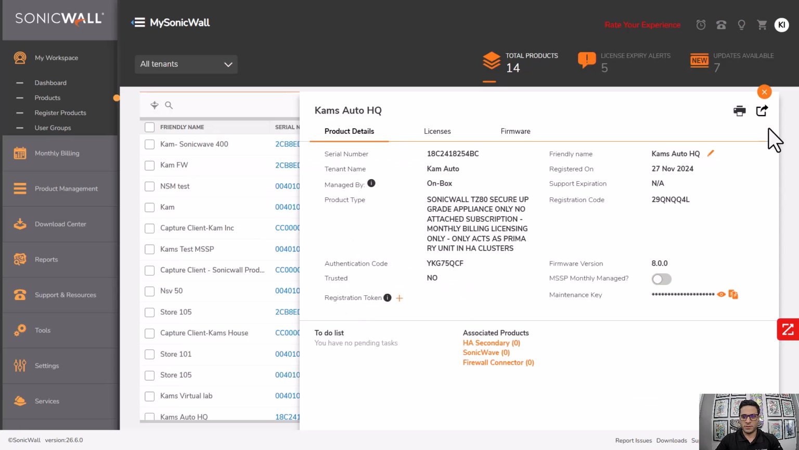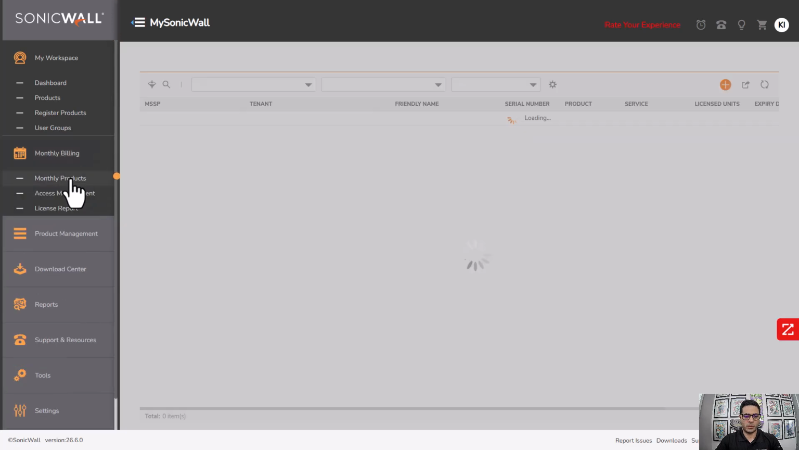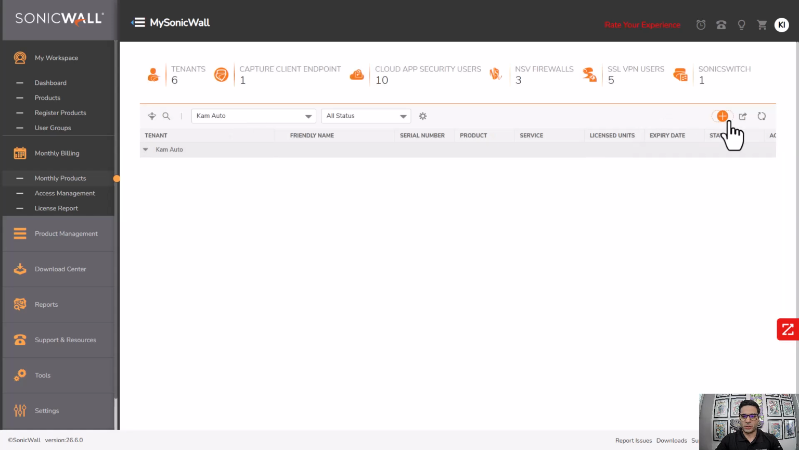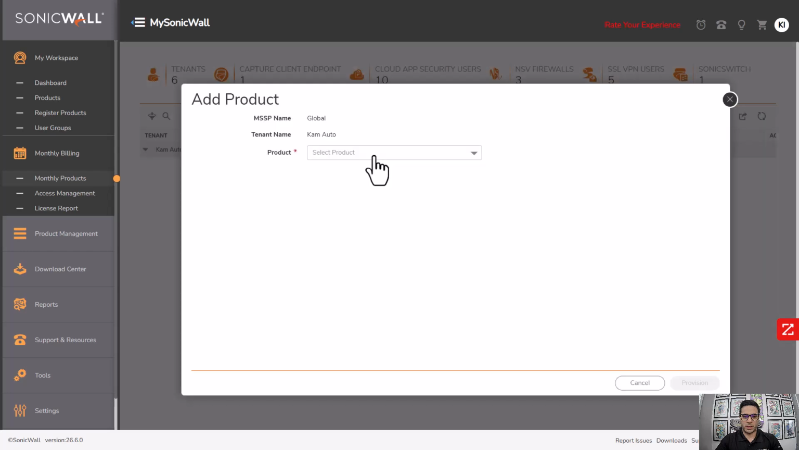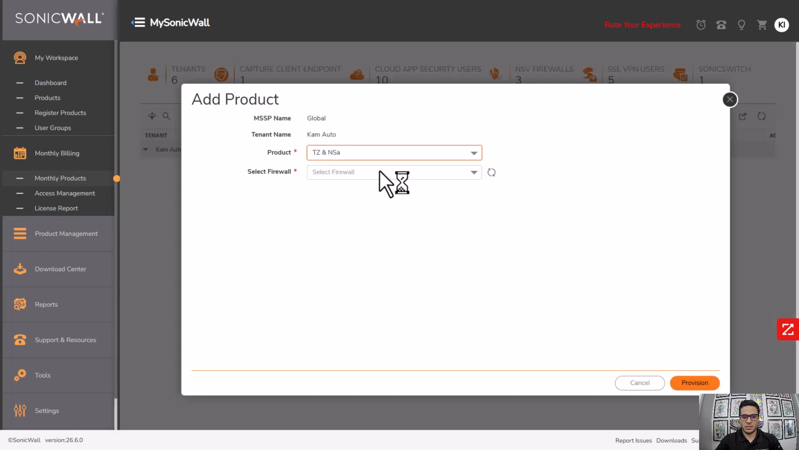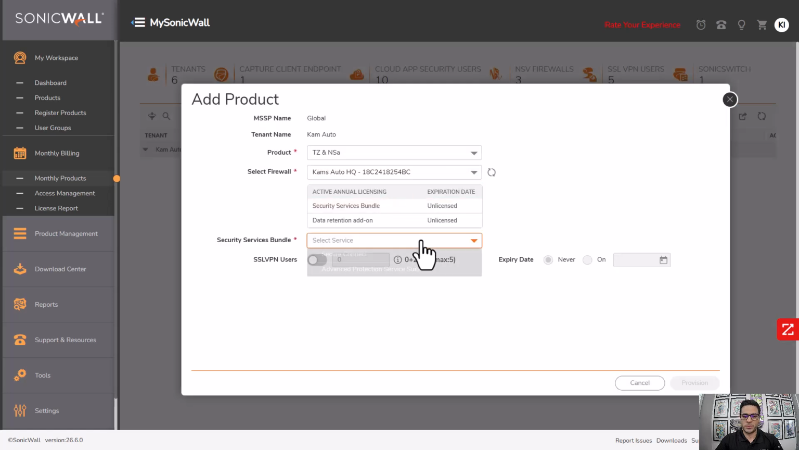Or in the situation where you don't have that toggle, you can go back to the monthly billing tab under monthly products, go to Cam's Auto tenant once again, and then you're going to select the product. Again, you're going to register it, but in the case I told you earlier, it'll automatically populate there once it's registered but doesn't have associated services to it. So in this case, I'm going to click on Cam's Auto HQ, the device that we just registered,